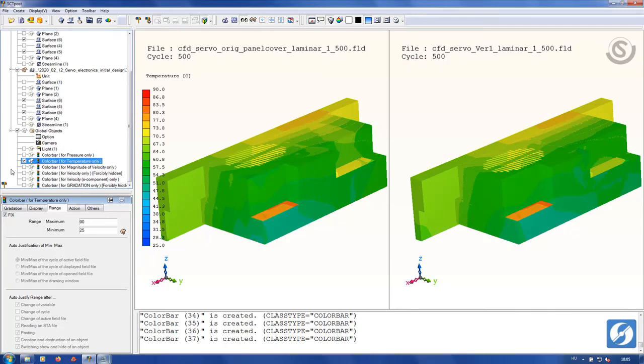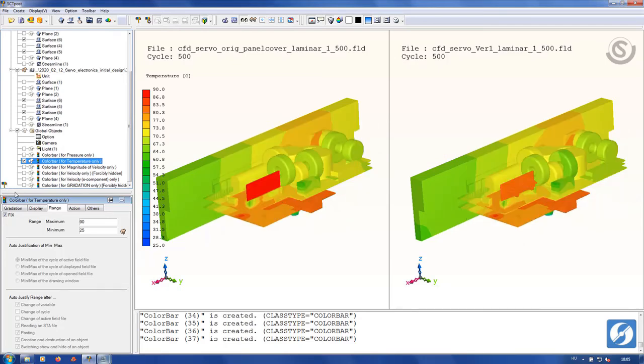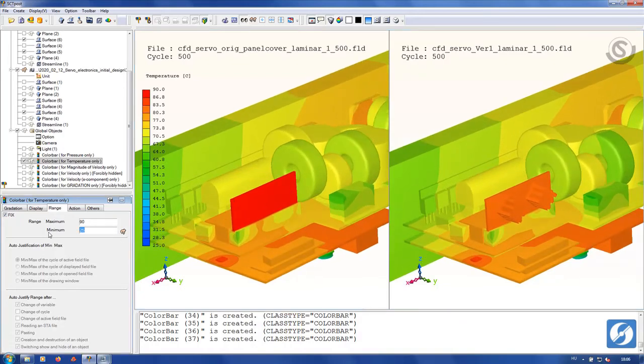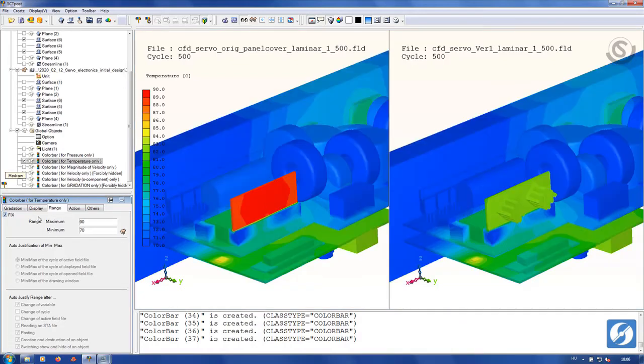With the steel casing on, not too much difference is visible, but if I remove it, you can see that my efforts were not entirely in vain. If I change the minimum value of the scale, you can see that the temperature of chips on the vertical board did decrease. That is good, but they are still above 80 degrees C, which is not so good. The ideal would be 60.